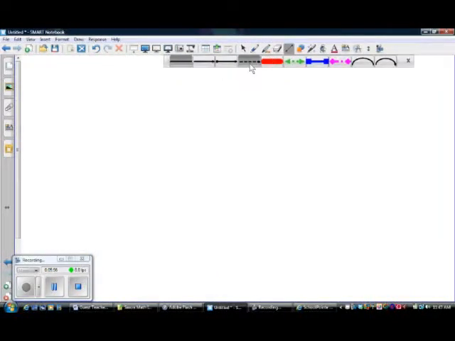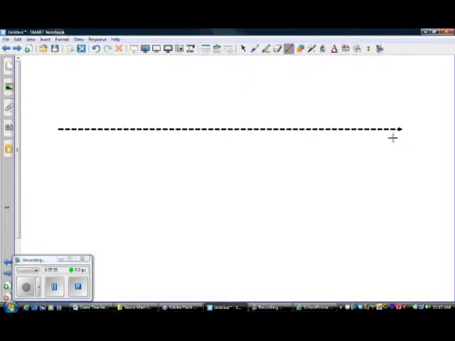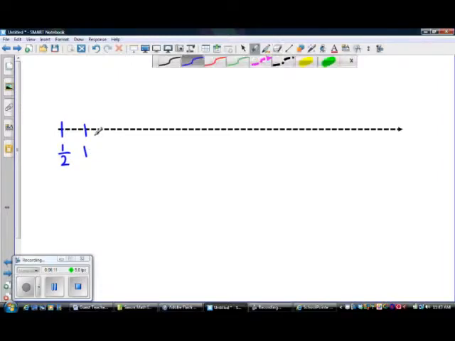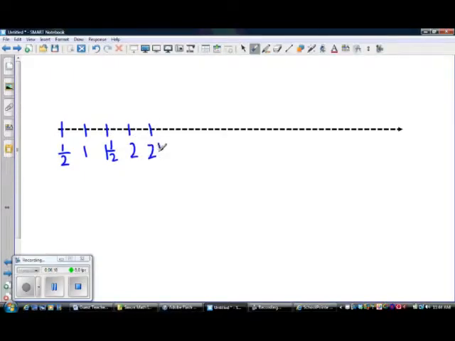So let's do some nice little number line first. And we can make tick marks, and we know that we're supposed to start at 1/2. And our next one would be 1 1/2. I'm sorry, 1. And then 1 1/2, 2, 2 1/2,